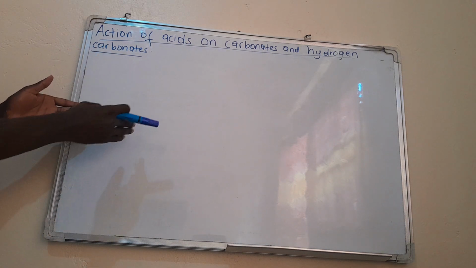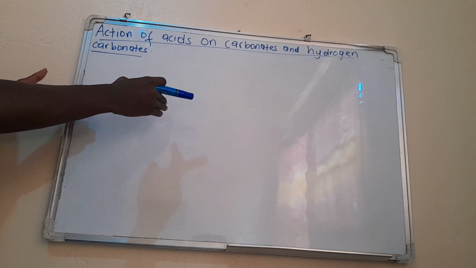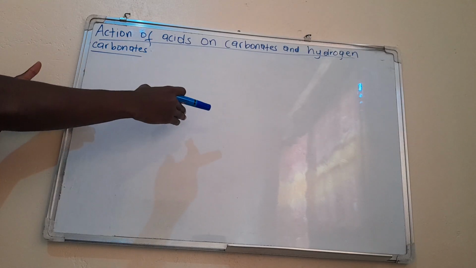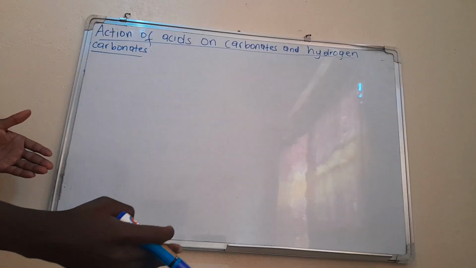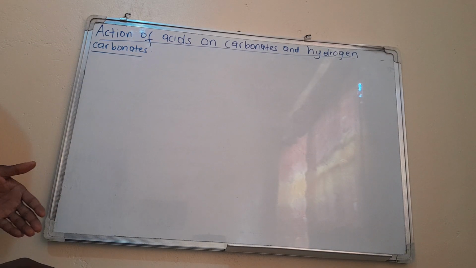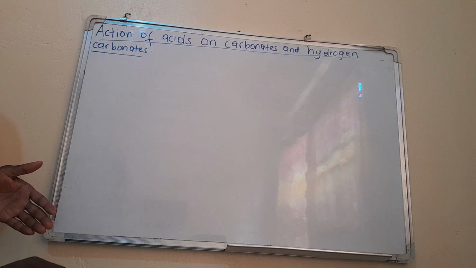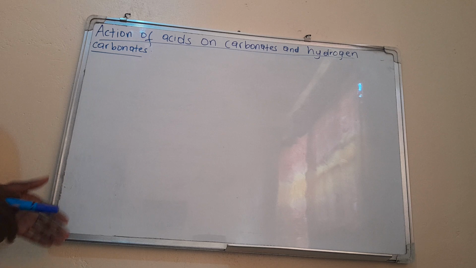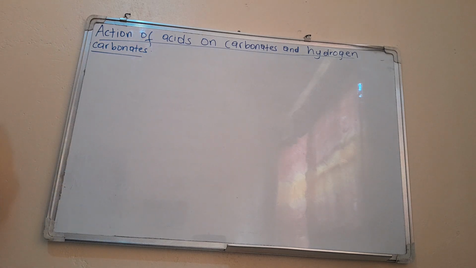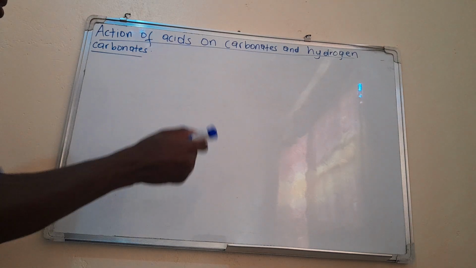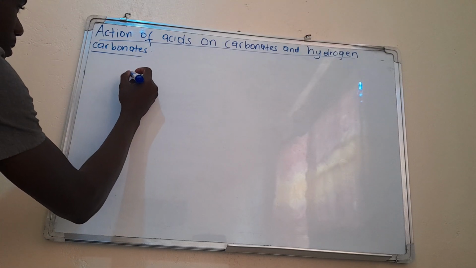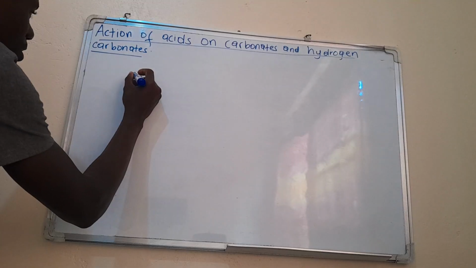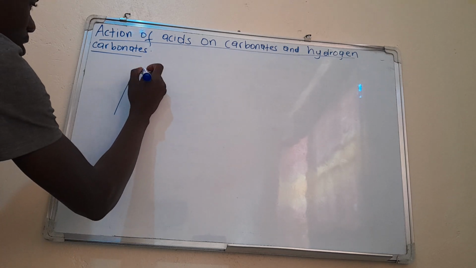So if you want to test the gas which is evolved during this reaction, just get your lime water. After reacting an acid with a carbonate, try to pass the gas through the delivery tube up to the test tube containing lime water. The lime water will turn milky. In summary, this is what I mean. So if you're having your test tube,